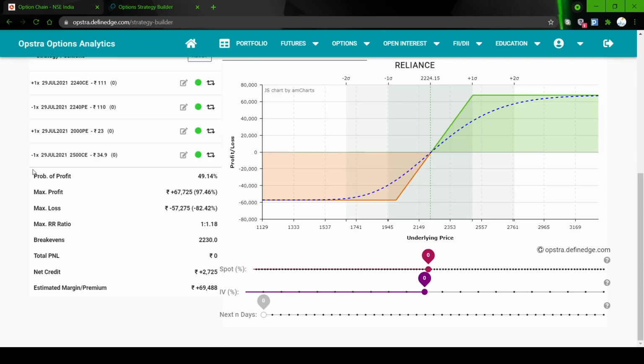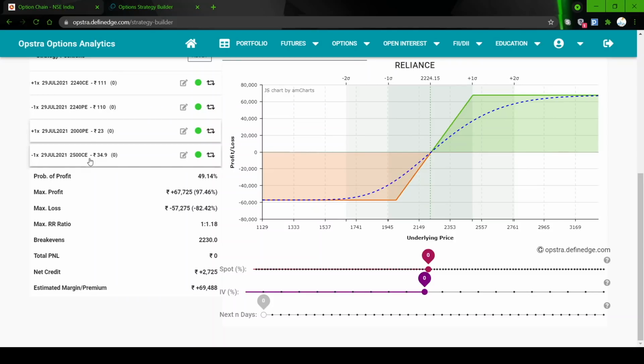In this strategy, you don't have to keep the cash every day. You can keep some minimum cash with you and deploy your entire capital, because only when you close the positions do you have to pay cash, if you have a loss. But in futures, it is settled every day. So that is one big disadvantage in futures. Plus the margin is higher in futures. For a similar risk reward, it is about 1.5 lakhs. So this strategy is much, much better than having futures in place of the synthetic spread.